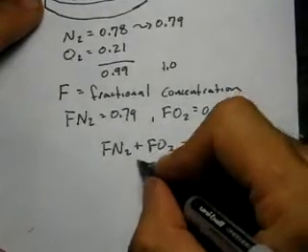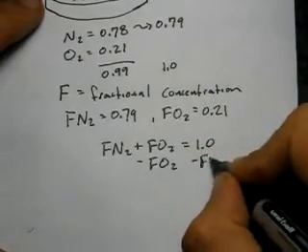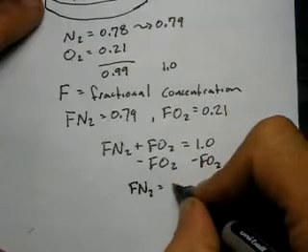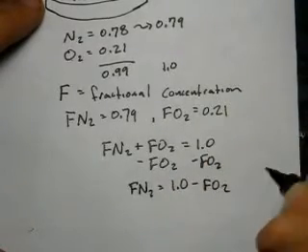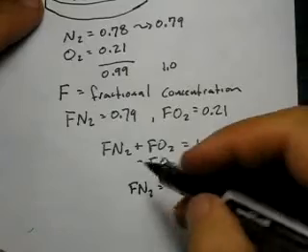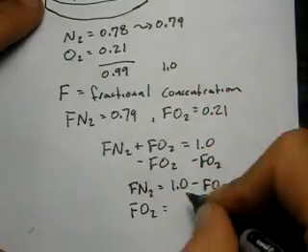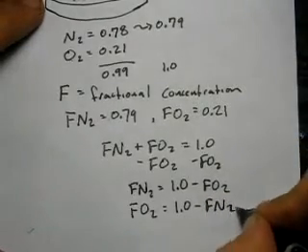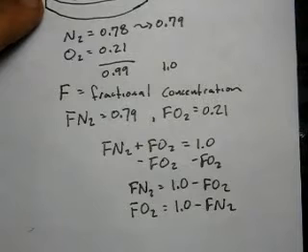And from this, if we subtract oxygen from both sides, we'd find that FN2 equals 1 minus FO2. Likewise, we could subtract nitrogen from both sides, and we could find that FO2 equals 1 minus FN2. This information is important, especially when deriving the alveolar air equation,